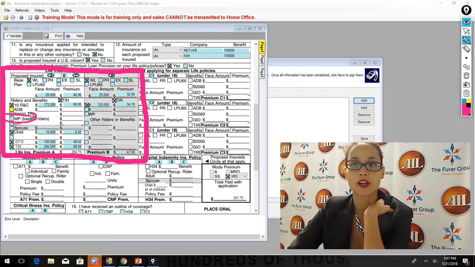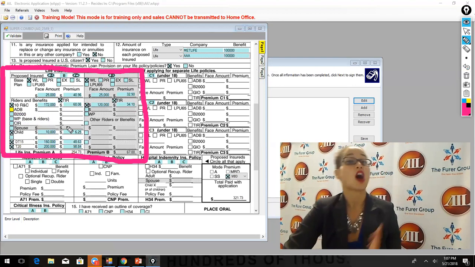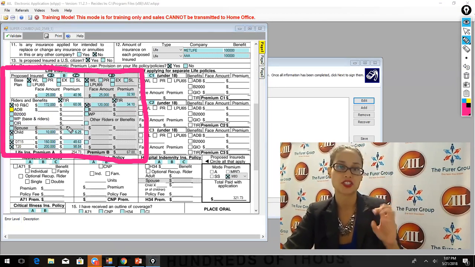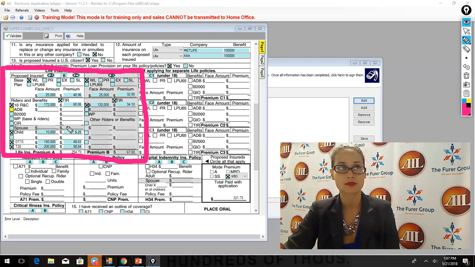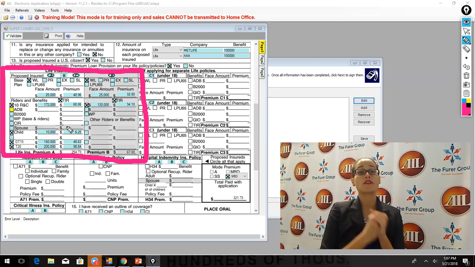WP, that's the waiver of premium. Now, that's a waiver of premium for disability, okay? That's another upsell that you can use. The waiver of premium for disability, it costs money, but I like to describe it as insurance on your insurance, okay? Because what the waiver of premium for disability is, if you should become disabled, medically disabled, okay,